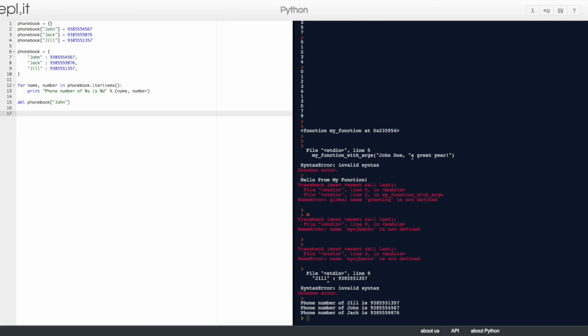Or we could say, from the dictionary phone book, we want to pop out basically. So phone book, period, pop, in parentheses, John. Those two will delete the key John from the dictionary.